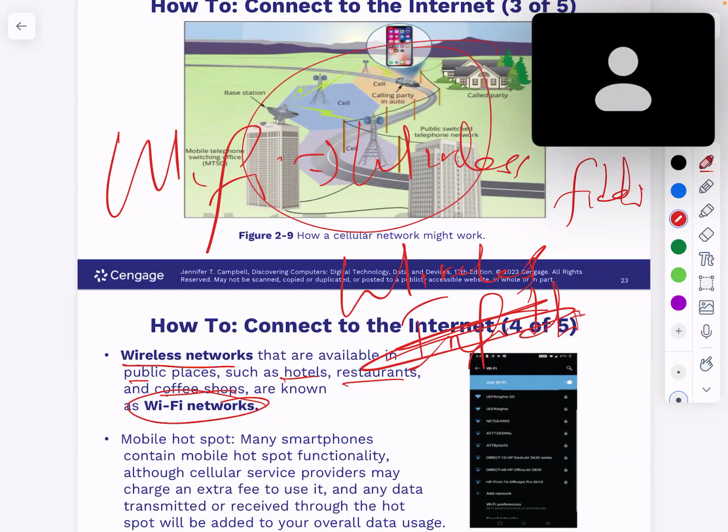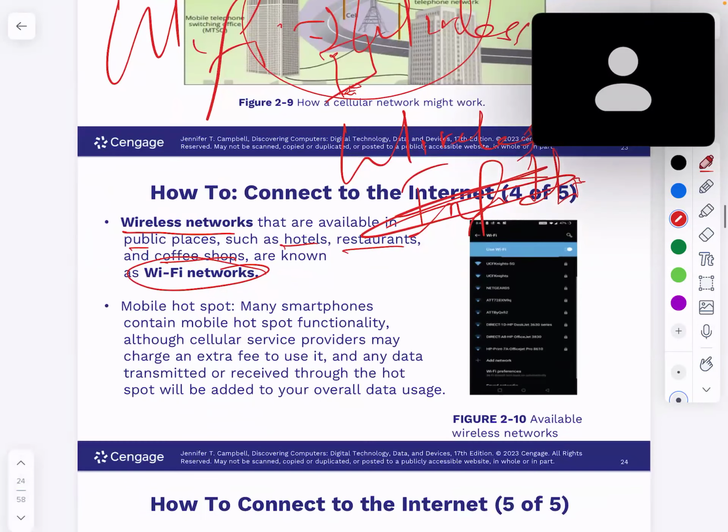Okay, somebody can be here sending what? Videos over the phone to somebody here. Is that not wonderful? So mobile hotspots, many smartphones contain mobile hotspot functionality, although cellular service providers may charge extra